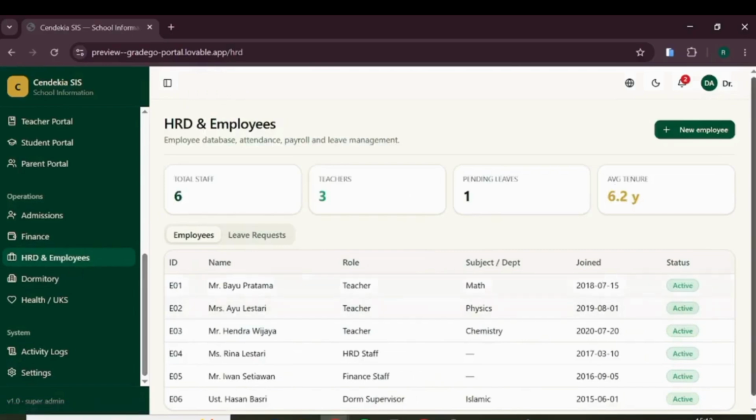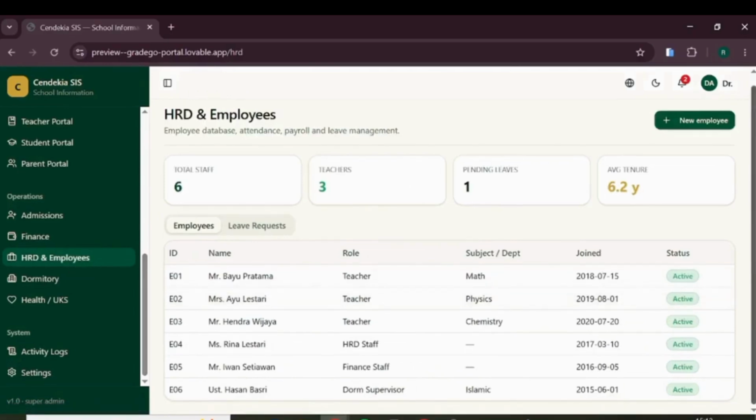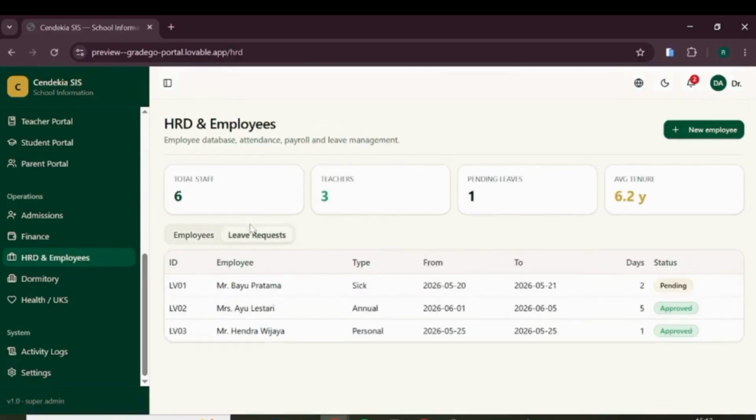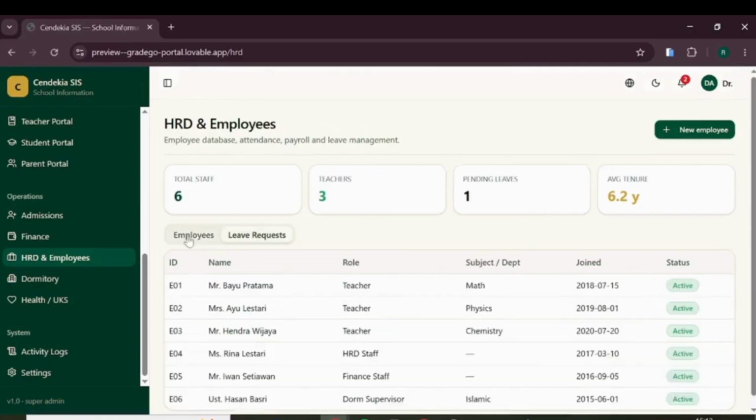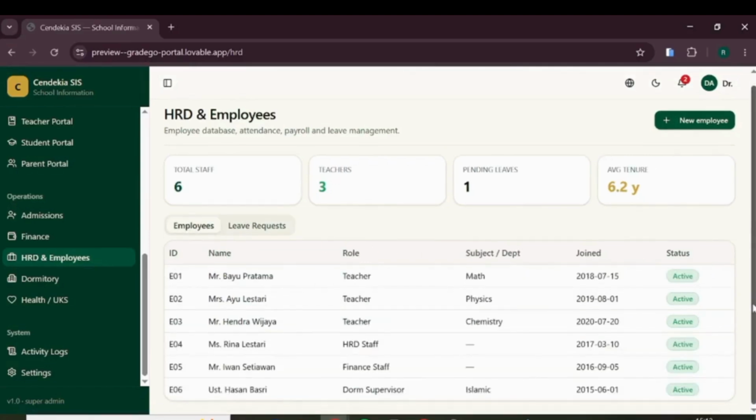This is the HRD and employees page. Here administrators can manage employee data, staff attendance, and payroll and work schedule.